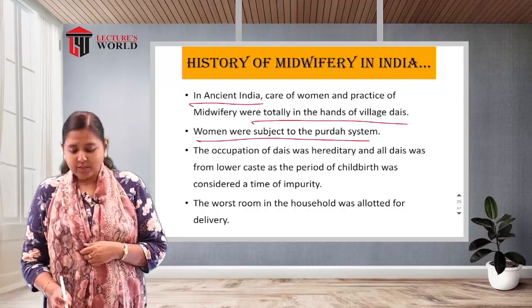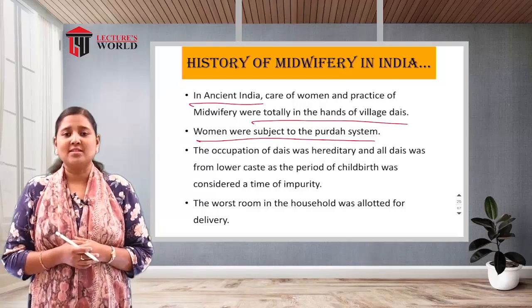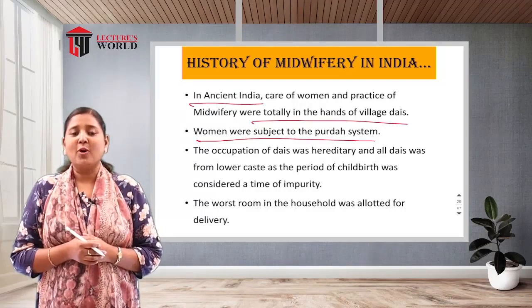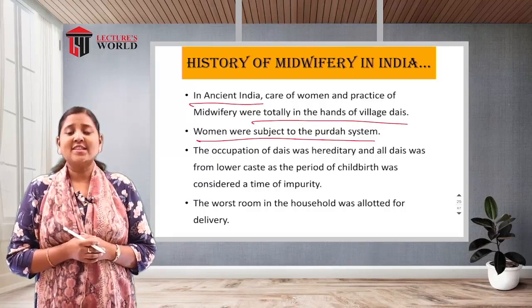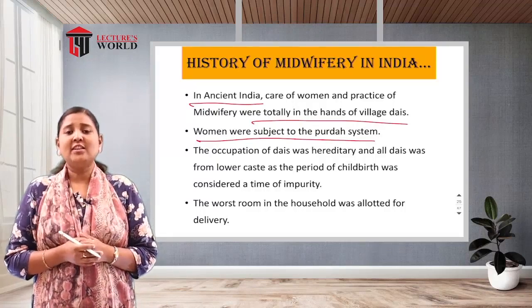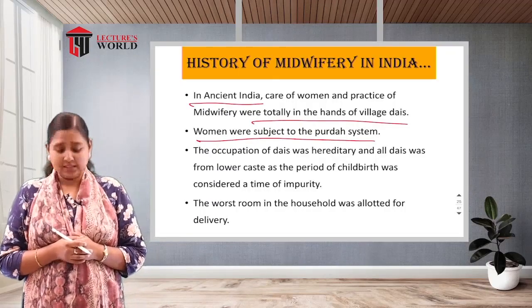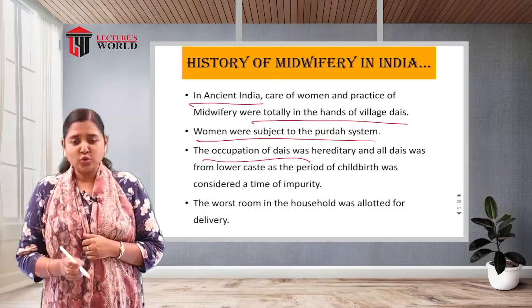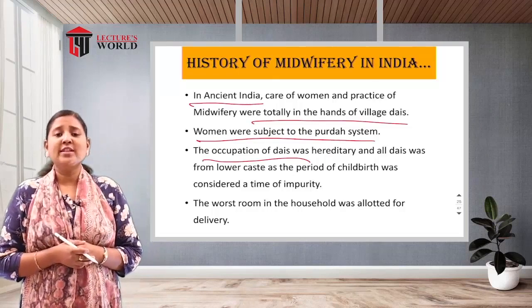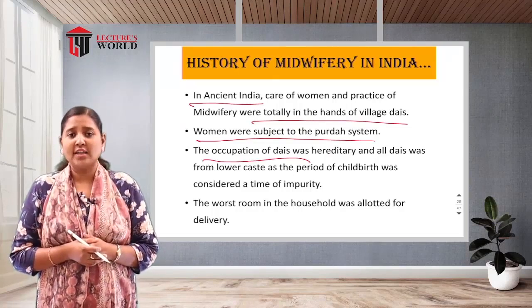And at this time, the women were using the purdah system. So nobody used to see the body of the women. Nobody had the right to see the genital region of the women especially. That was considered a social stigma and sin. So there were so many dais who were doing this job hereditarily. You may know what dais are, I'm telling you.